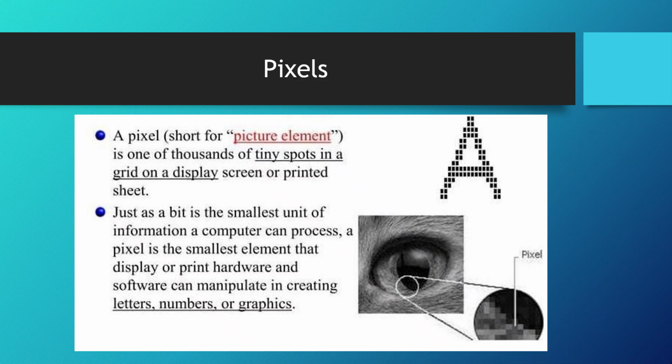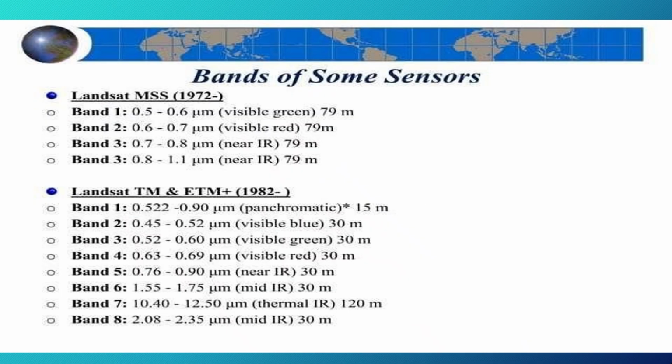A satellite image is made up of tiny picture elements called pixels. Each pixel represents a specific area on the ground and contains digital values corresponding to reflectance. This slide shows the spectral bands of different Landsat sensors, specifically Landsat MSS and Landsat TM/ETM+. It lists the wavelength ranges each band captures, such as visible green, red, near-infrared, mid-infrared, and thermal infrared,